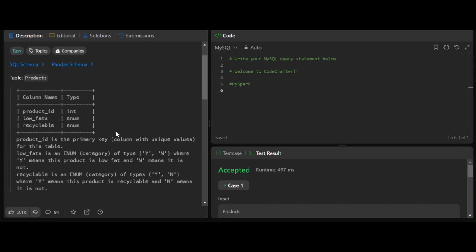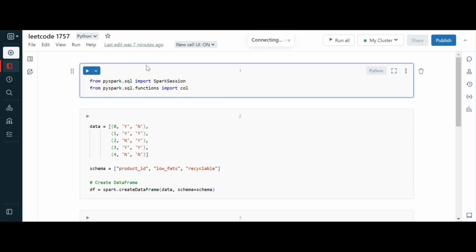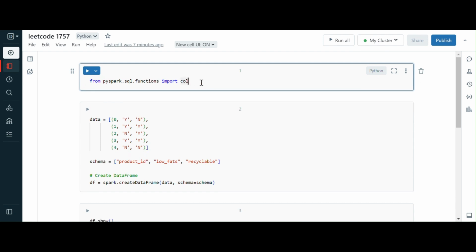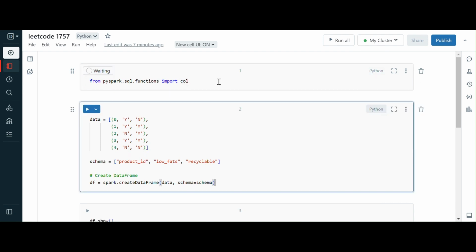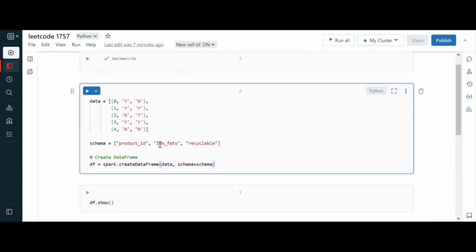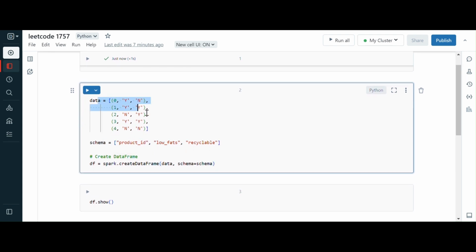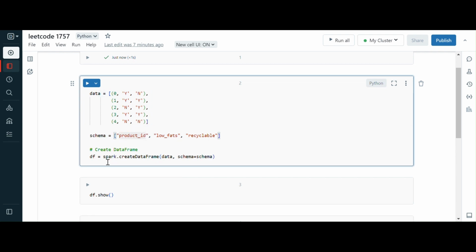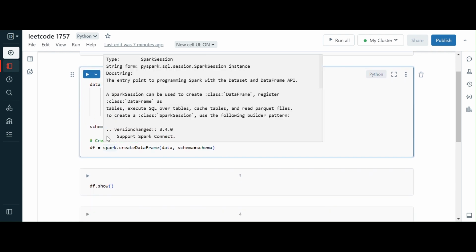We are using Databricks Community Edition. If you see here, I already started my cluster. I'm importing SparkSession, although we don't need SparkSession here, I'm just calling the necessary libraries. I'm running it. Here I'm defining the data as well as the schema. That's how we create a data frame in